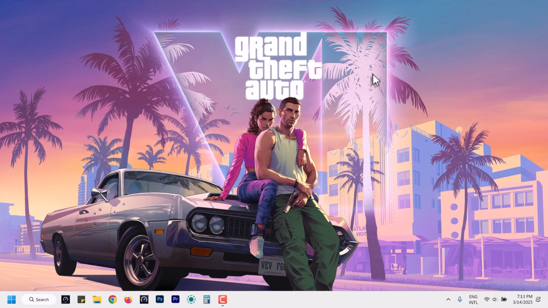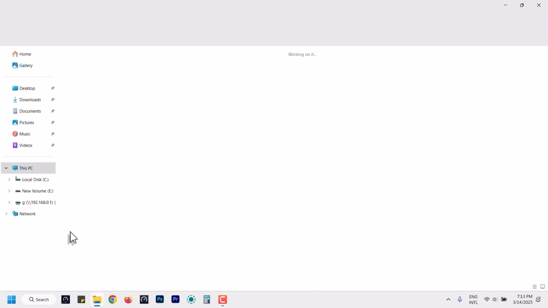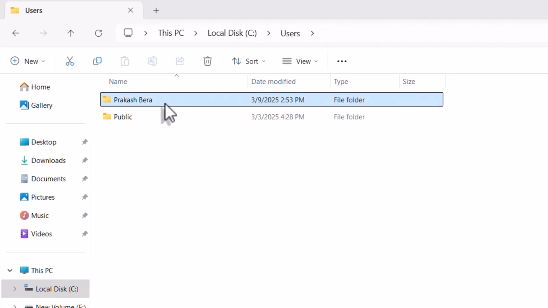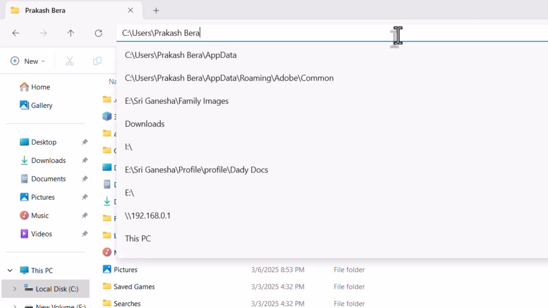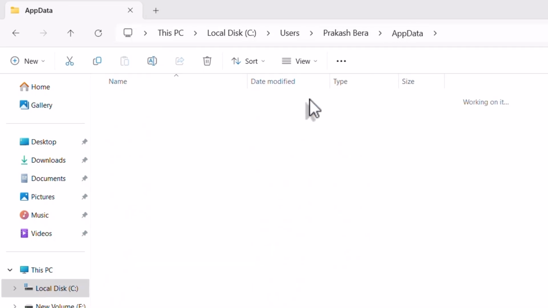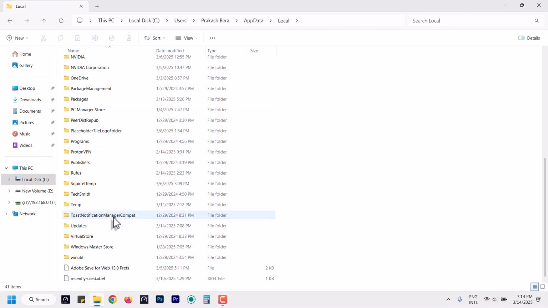Okay, so the first thing, we are going to get into this directory. For that you just have to open the Explorer first, and then go to the C drive, Users, and whatever username you have given to your laptop or PC. After that you have to type /AppData. It should be like this. Okay, hit enter, then go to Local, and after that scroll down to the bottom